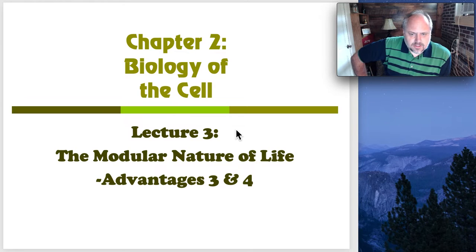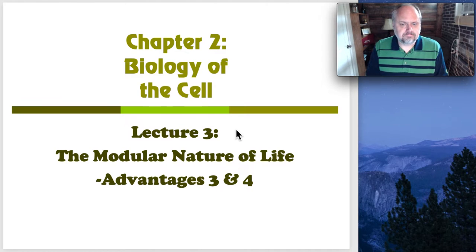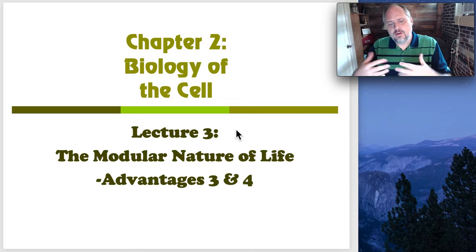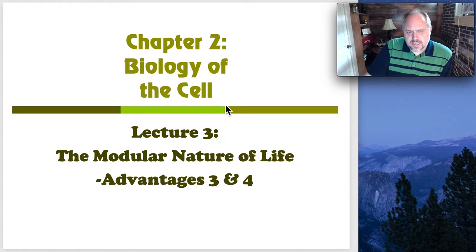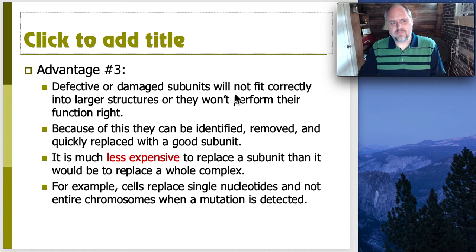Alright, so last time we talked about the first two advantages of the modular nature, and remember those were that it saves us time, energy, and the need for instructions, and then it also allows us to do things over and over. When we do the same thing, concentrated or smaller, over and over again, it helps us to not make mistakes. So advantage 3 is somewhat related to that second one, and that is where in the event